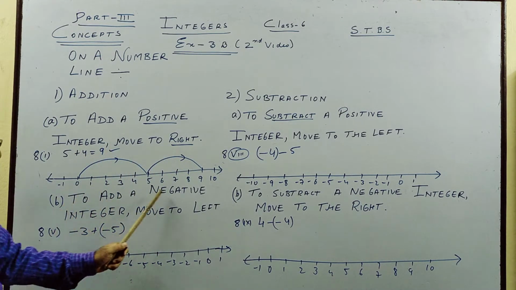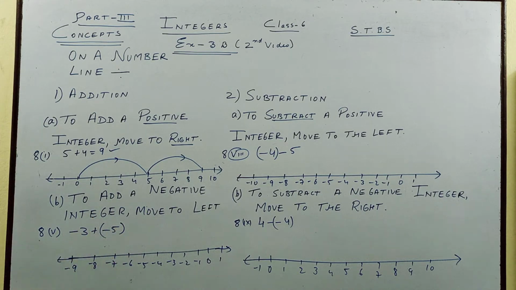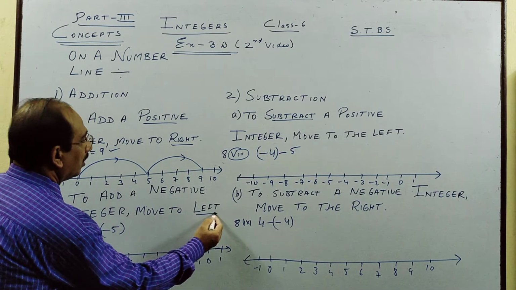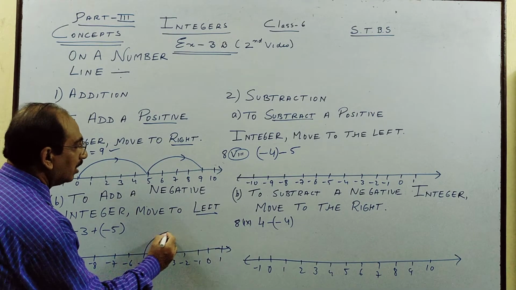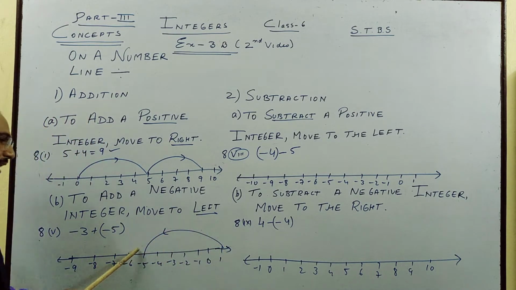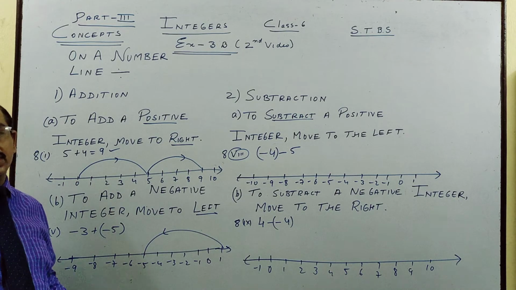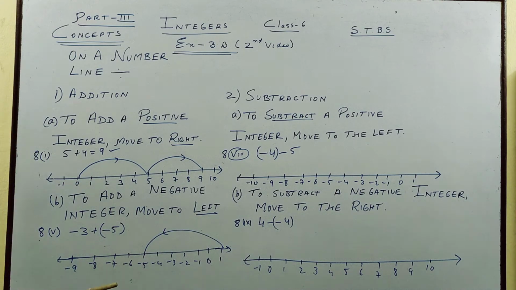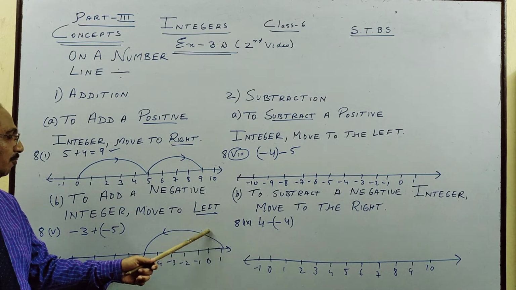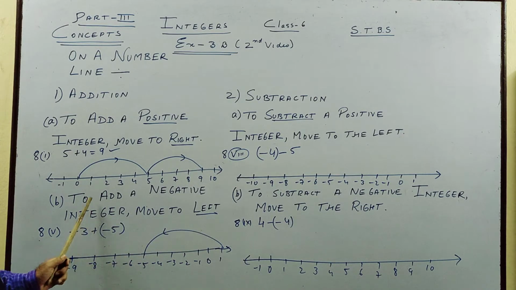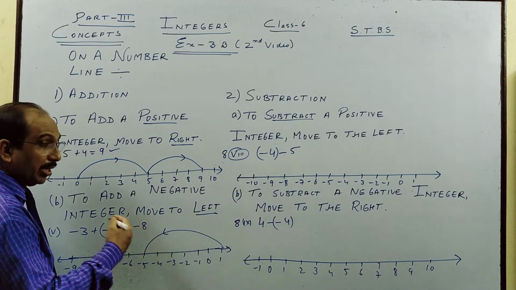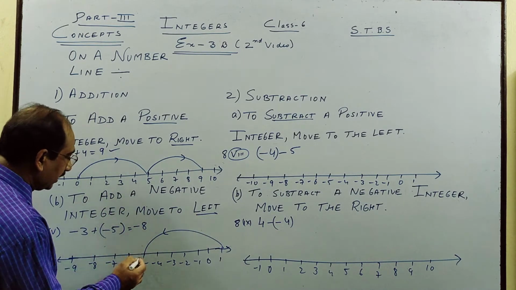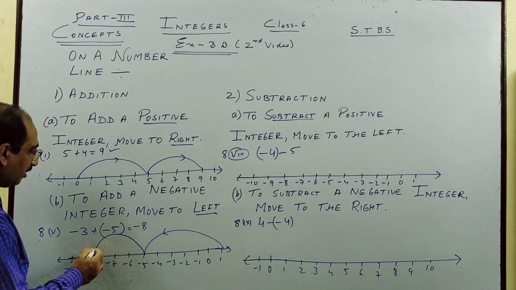Next, to add a negative integer, we move to the left. So minus 5, we are here. You could have started here. Some books start here. You can use any textbook, for this most of the concept remains the same. Okay, so minus 5, we come here. Minus 3, to add a negative, because the value will decrease. Finally, by our previous discussion, it will be minus 8. So minus 3, we come here.